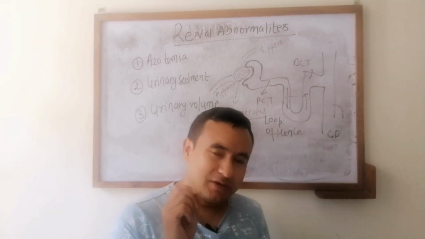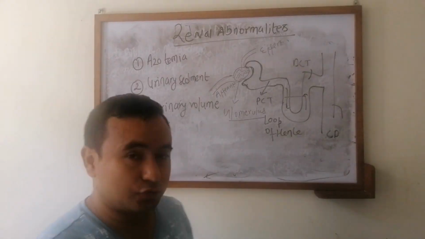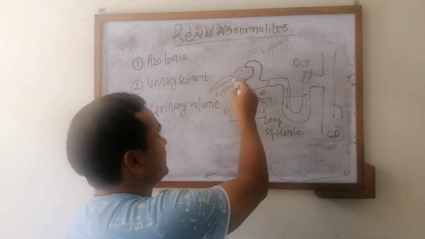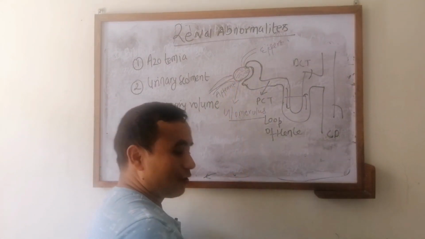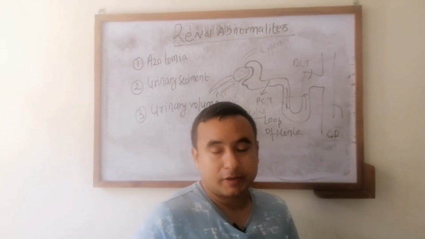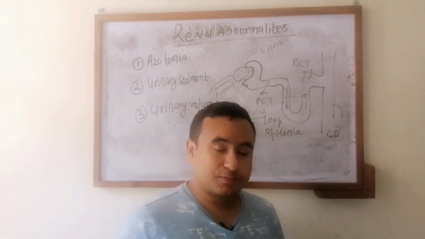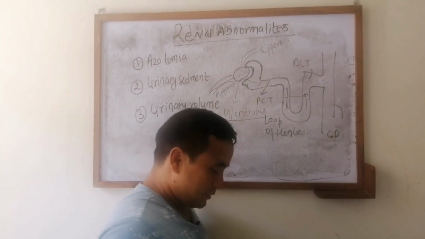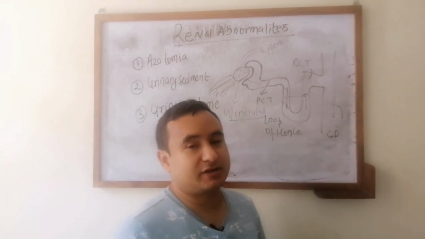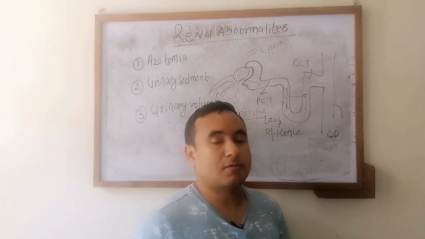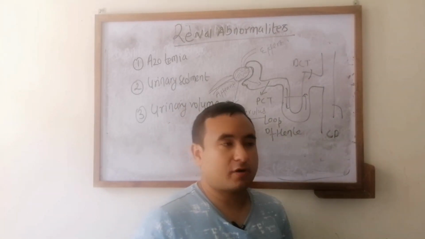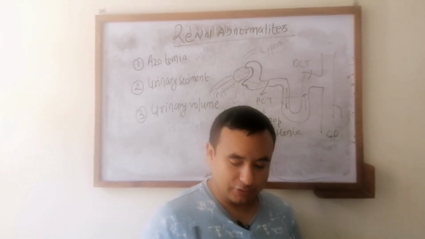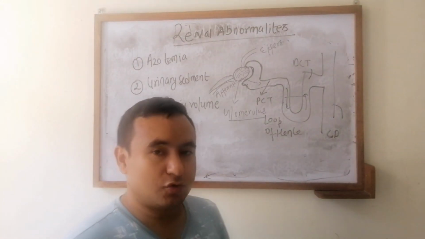One of the functions of our kidney is to filter our blood. Blood is coming here, and at a certain rate it filters out different electrolytes and waste products in the glomerulus, and the filtrate goes here. Some of the filtrate gets reabsorbed through the tubules. Some of the other waste products or electrolytes get secreted in the tubules, and ultimately it forms the urine. This is the basic physiology of the kidney.